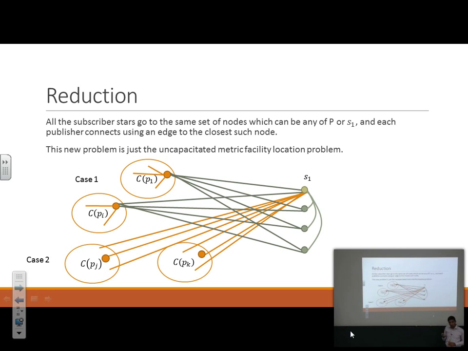Okay, so I've transformed the problem I started with, the star-star problem, into a solution within a factor of 4, I think, somewhere I used it, into one where everybody connects to either one of the PIs or S1, the cheapest guy. And everybody else just connects to the closest guy like that. So I would think of connecting to one of these guys as opening a facility there. How much is the cost to open a facility there? Well, I know wherever I open a facility, I'll have to connect all the subscribers to it. So the cost of opening a facility anywhere is the cost of these green edges.